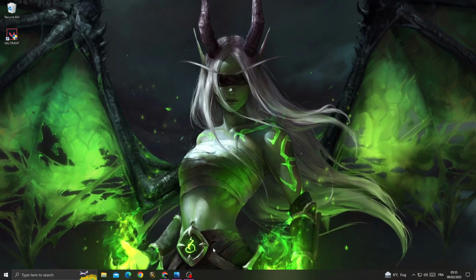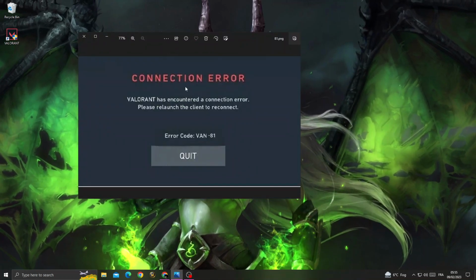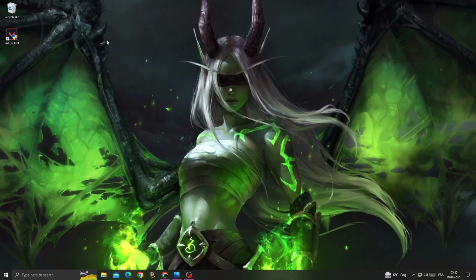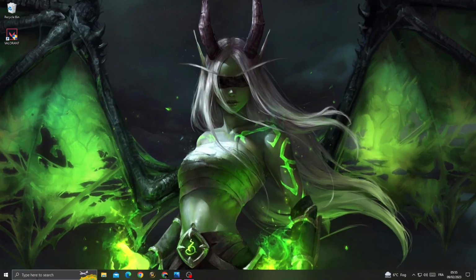How to fix Valorant connection error code 81. And if you want to fix it, it's easy. First, all you need to do is just